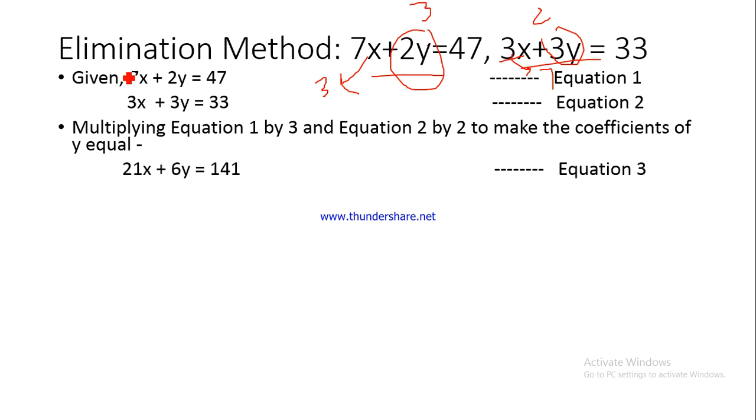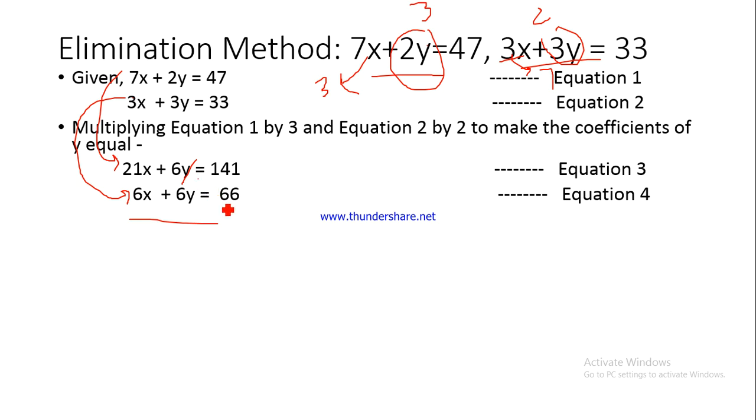So you do this, this equation becomes this once multiplied by 3, and this equation becomes this once multiplied by 2. So you see here that the coefficients of 6y are the same, and when you have the same sign of the y term in both the equations, to eliminate the y term, then you will have to subtract one equation from the other. So what we will be doing is we will be subtracting equation 4 from equation 3, and this will lead to 6y